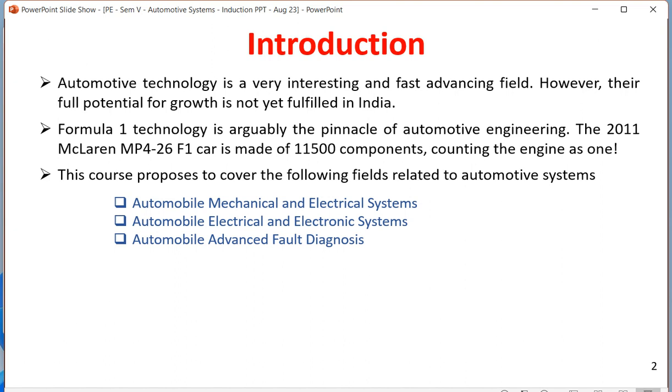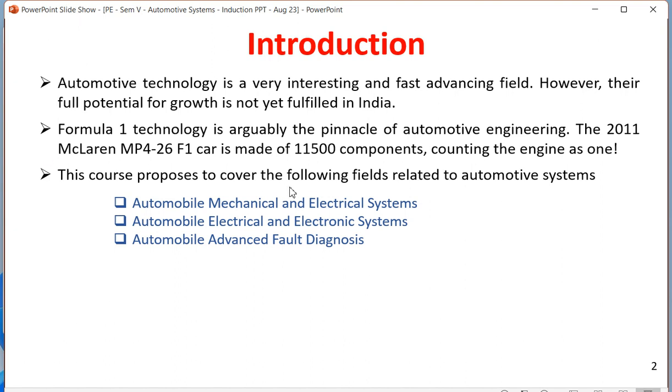So what kind of accuracy, what kind of control, what kind of stability we would like to have in that, and this course will tell you how we can achieve all this together to design a McLaren or a Formula 1 car which will be running with the speed of 400 kilometers per hour and which will be having more than 16,000 components in it. That is where this course is going to take you.